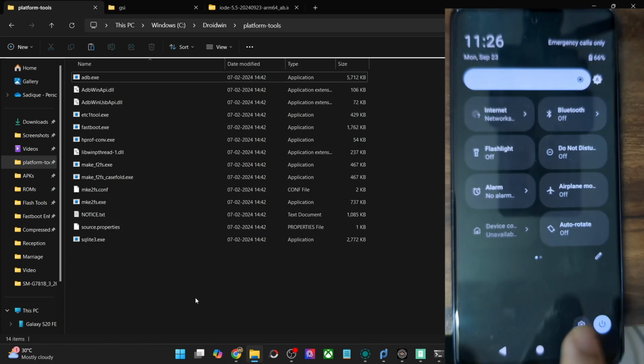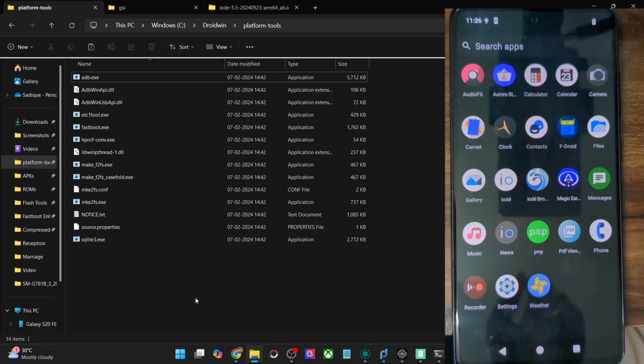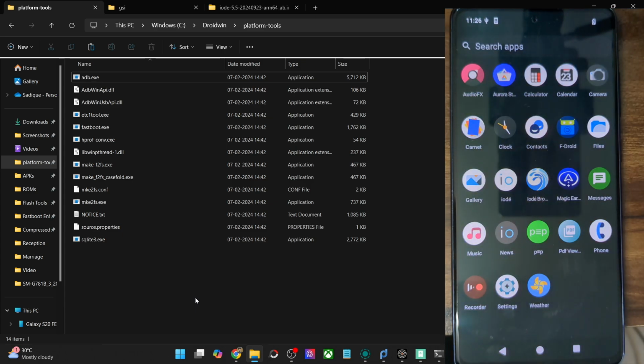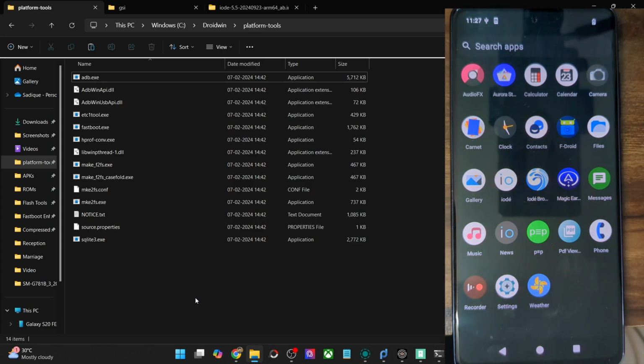Let me increase the brightness. So this is the full brightness, I suppose. Anyways, as you could see, there are no Google apps. Instead of that, you have their GApps counterpart. You could use the F-Droid or Aurora Store as a Play Store, and use the GMS in place of the Google Play services. That might come in handy, and there are a few other apps as well. You may remove the news app or browser app as well if you want, and use any other app of your choice. Then, as you could see, there is not a single app from the One UI ecosystem. Whatever app is there is just for this ROM.